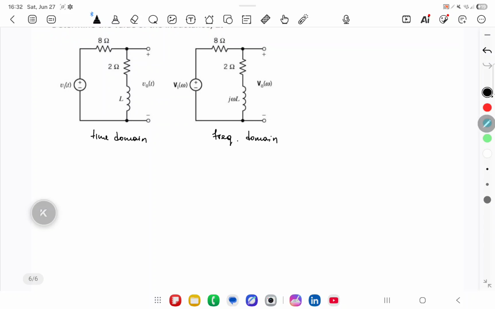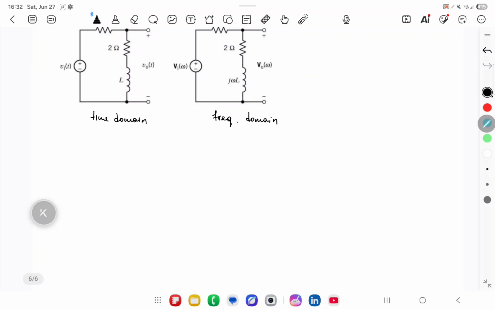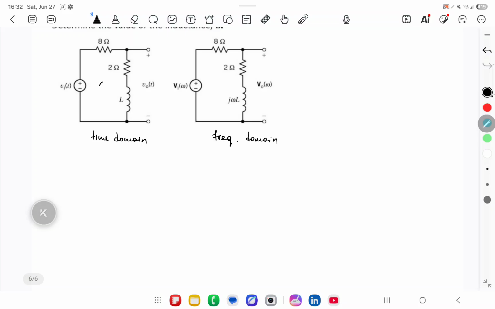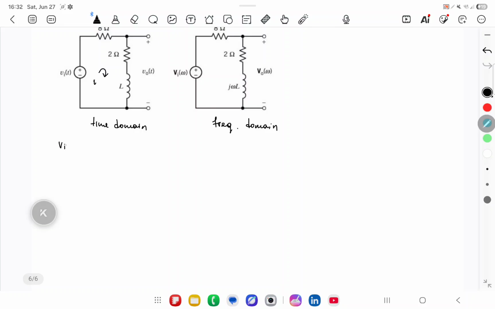The problem is quite simple, and if we use Kirchhoff's law and take a current that flows in this loop, then we may get that V input is equal to 8I plus 2I plus, we express in this case the inductance using